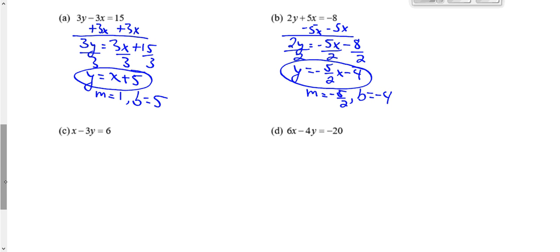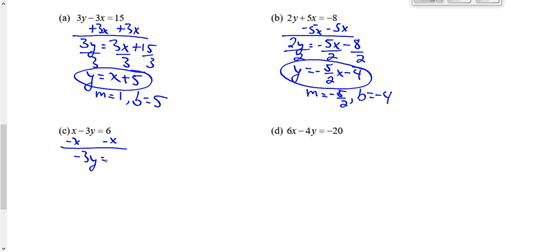How many got y equals 1/3 x minus 2? I got y equals x. Well, we want to solve for the y. So what should we do first here? Subtract x from both sides, right? What does that leave us, by the way? The negative stays with the 3y, right? So it's negative